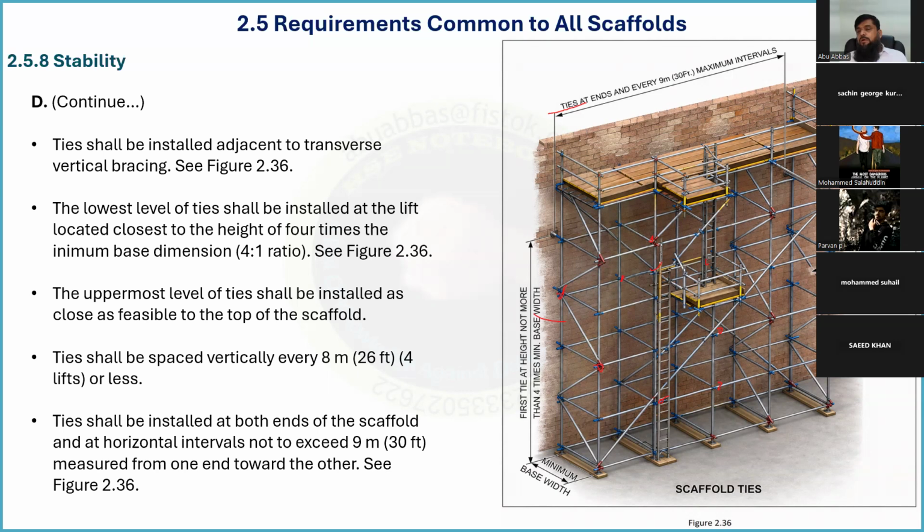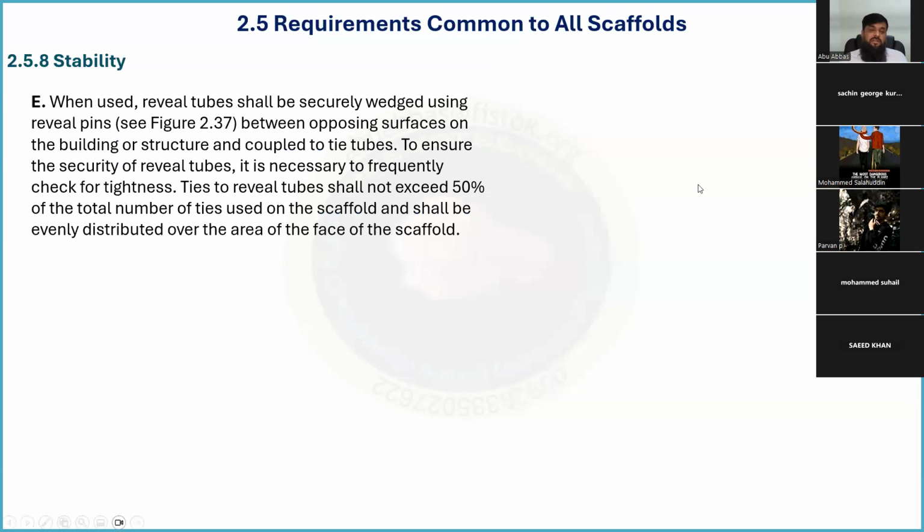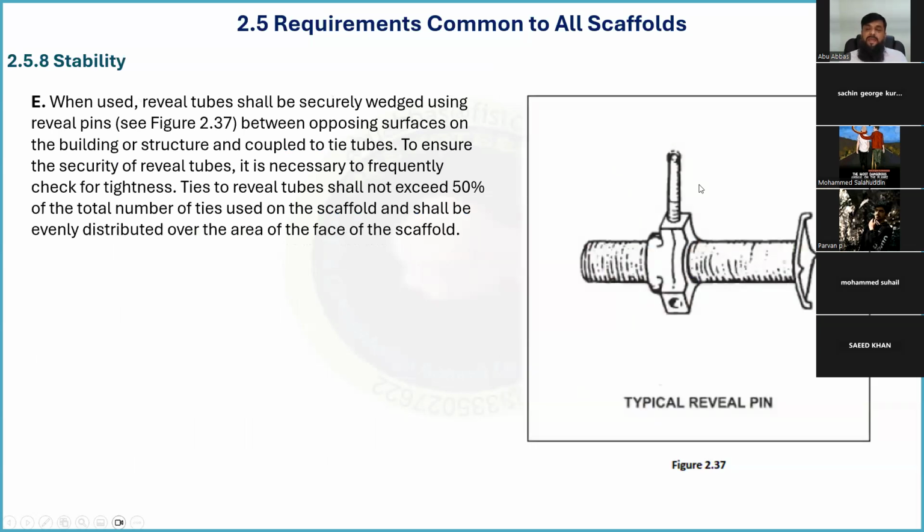We cannot go all in one area together with the rival tie and then go to another one. ठीक है जी। तो रेवल टाई के लिए ये कि 50% से ज्यादा नहीं होगी, और इस 50% के लिए ये भी देखना है कि एक ही जगह नहीं पूरा कर देना, मतलब ऊपर नीचे आगे पीछे हमने 4-6 टाइल्स लगानी है तो हमने यही लगा दी, और बाकी जो बची तो आगे दूसरी लगा दी, नहीं,